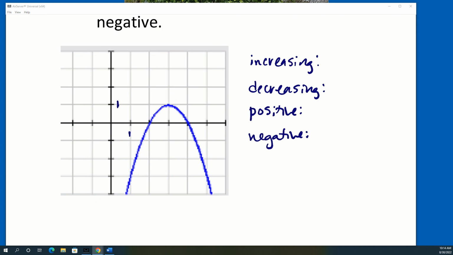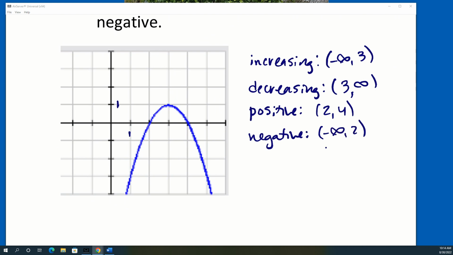All right, what do you guys think about increasing? Decreasing? Positive? Negative? Good job. All right, what questions do you guys have? All right, the last thing we're going to do